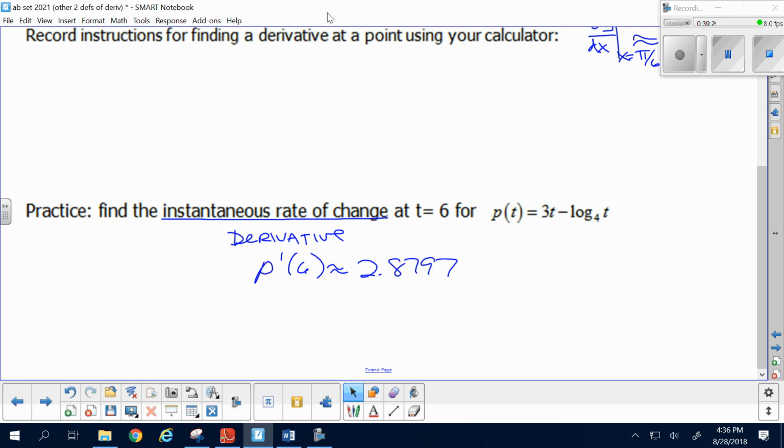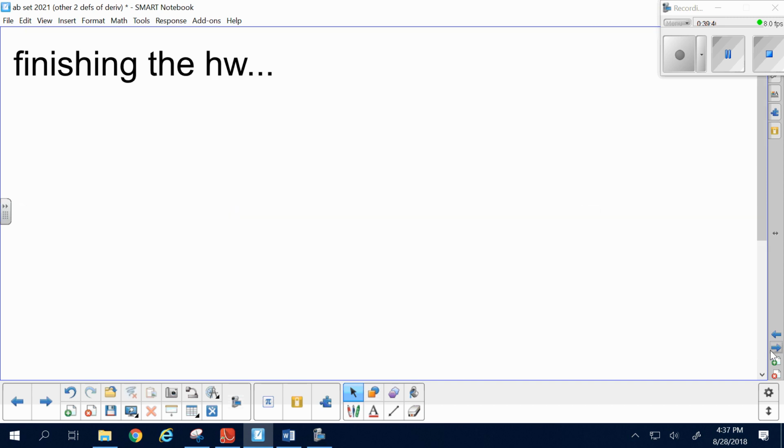If it says use a graphing calculator to find the slope, then you may do that. If it says use the definition of the derivative, then you've got to do that. That, I believe, is that. You should be able to finish the empty boxes in set 20 and 21